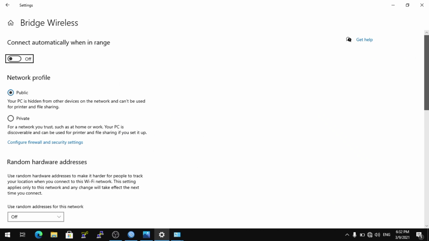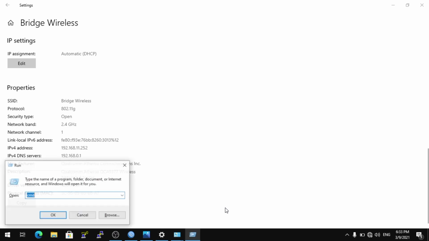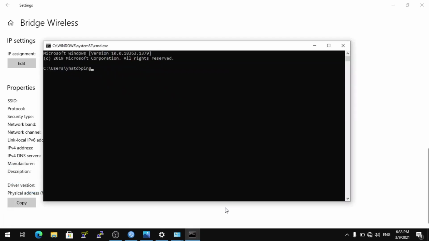And check the IP address given using interface wireless. This is getting IP address 192.168.11.252, and check interface. Open CMD and check ping google.com.